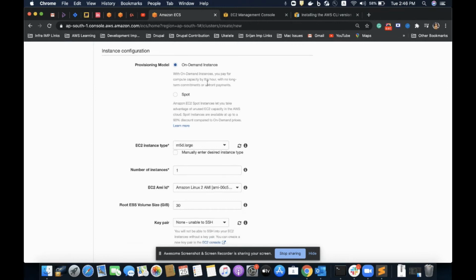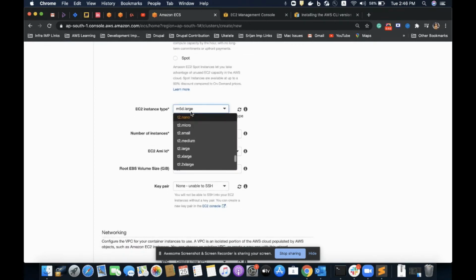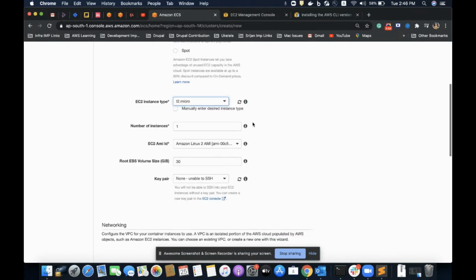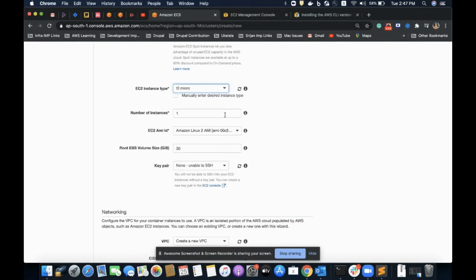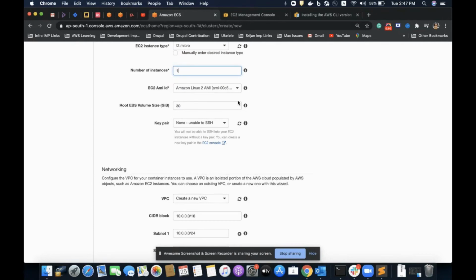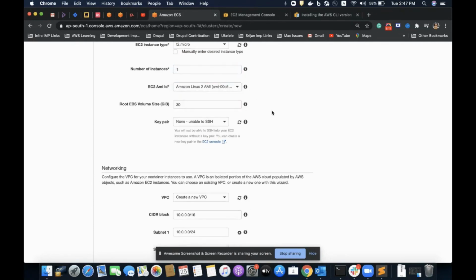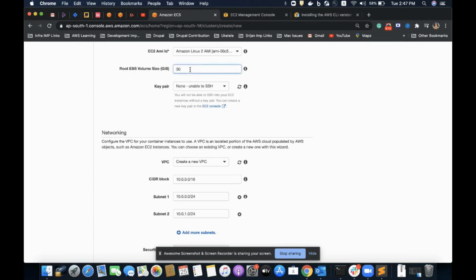I'll be using an on-demand T2 micro instance because this is covered in the free tier limit. For the number of instances I'll go with one, Amazon Linux 2, and the volume size as 30.